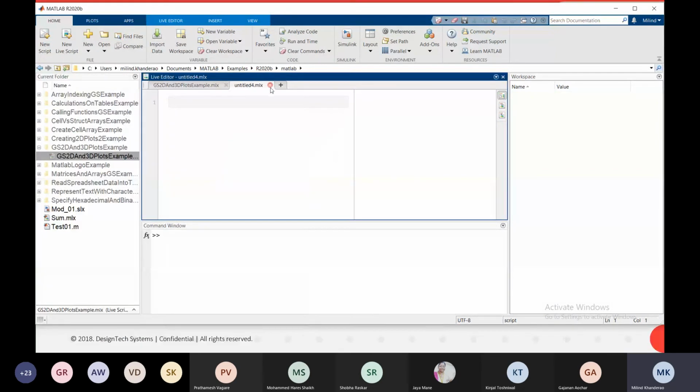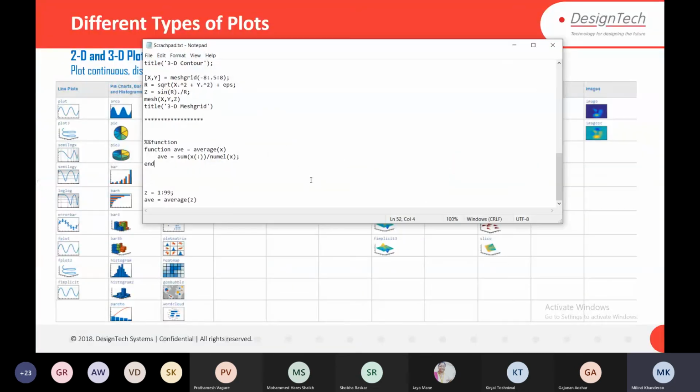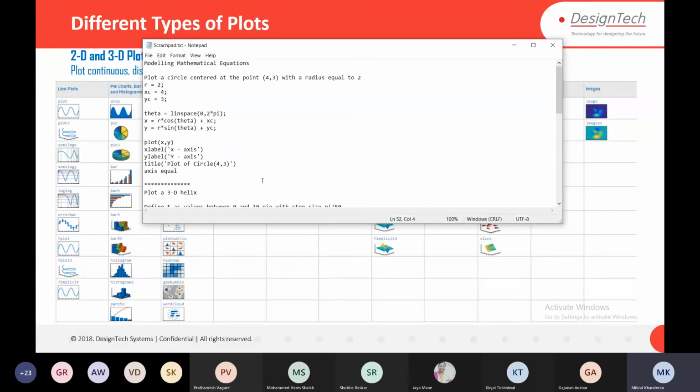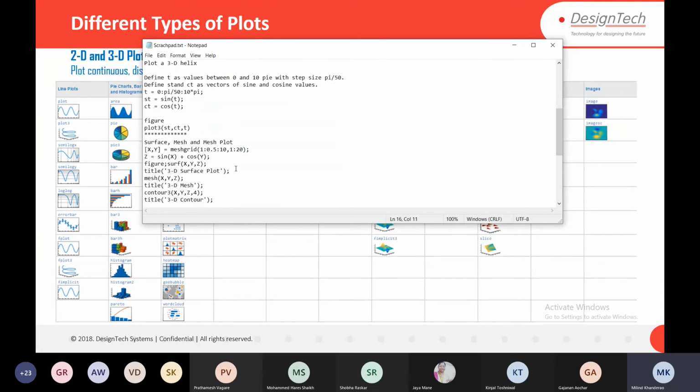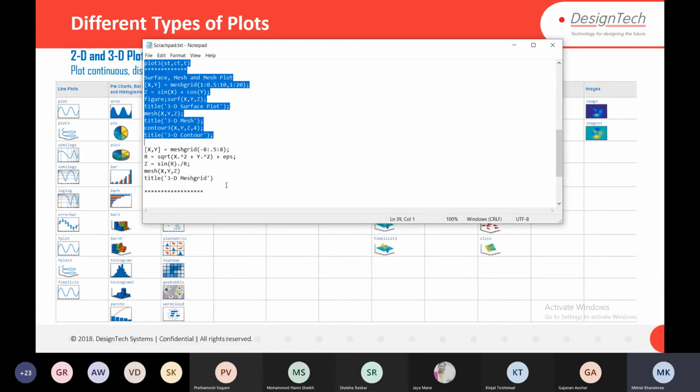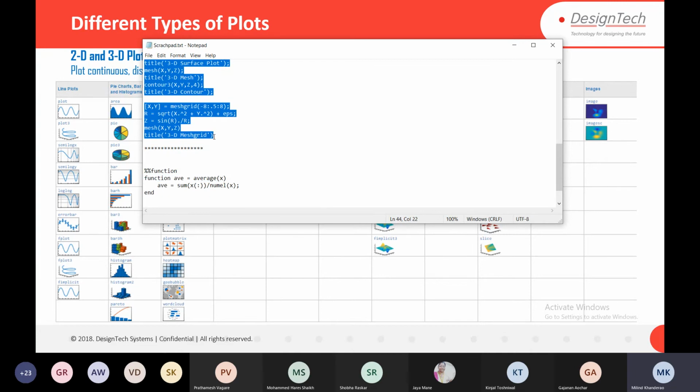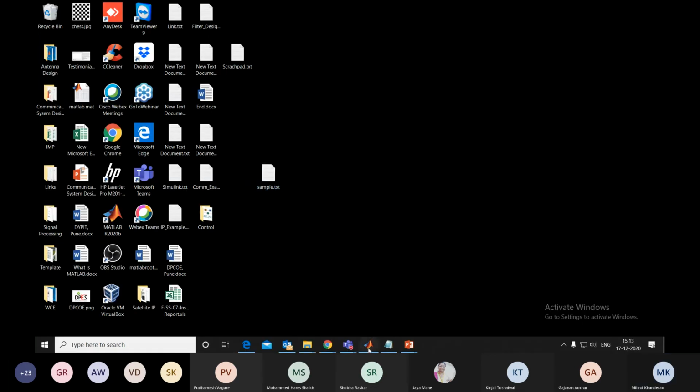Okay, so how to create a script? I will just use new script here. For time saving purposes, what I did is I just wrote it to text.